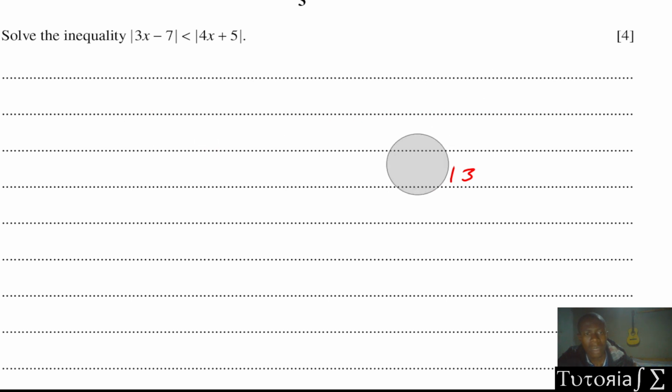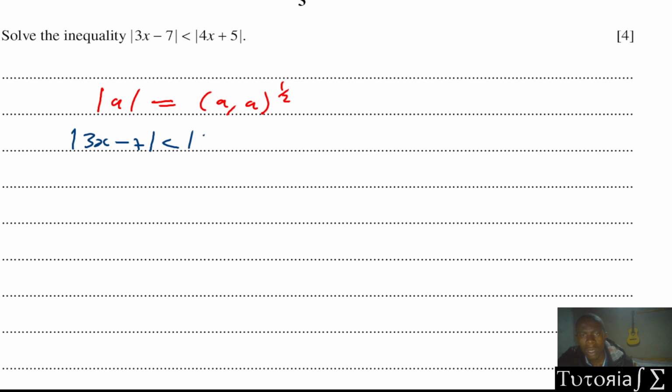So that is what we're going to do. To find those numbers, remember what we said. The first step is getting rid of the modulus. So basically, modulus of a, how can you get rid of the modulus from a? This is just equal to a times a to the power half. So that is how you get rid of the modulus from a. That is what we're going to do on this side and on this side. So we're going to say modulus of 3x minus 7